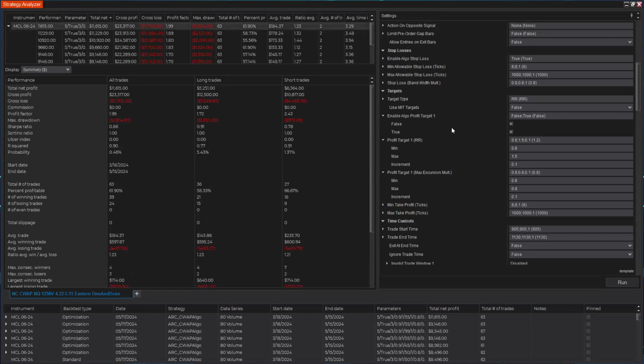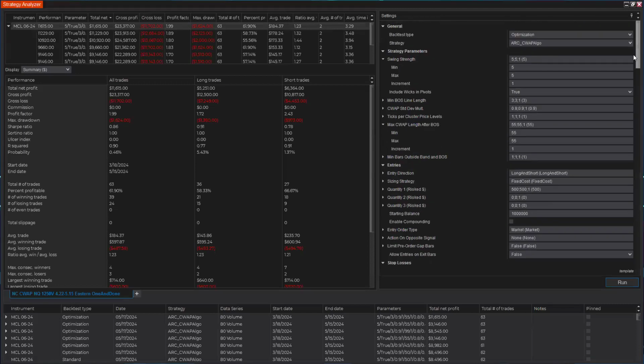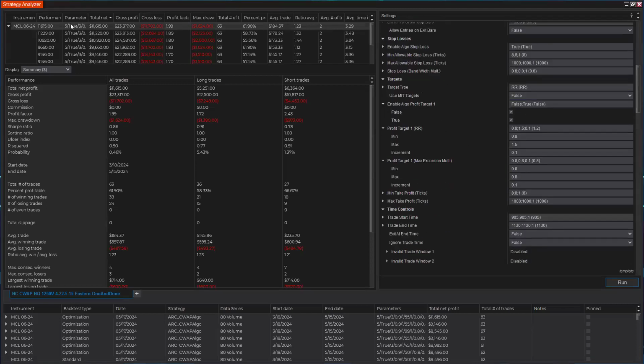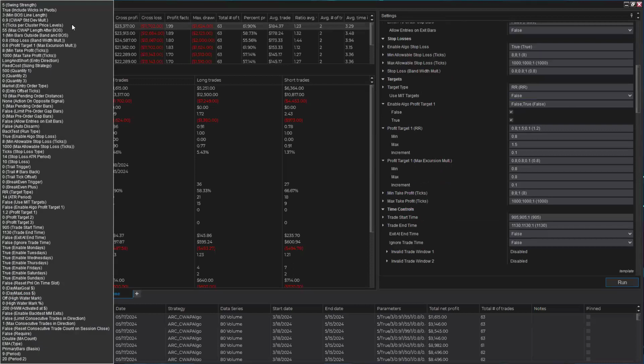Yeah, you don't have to be very drastic. So the question was how much do we really have to optimize once we have the settings? There's really not much. Once you have the settings dialed in, it's pretty easy going as far as optimizing from there. So profit target 0.8,